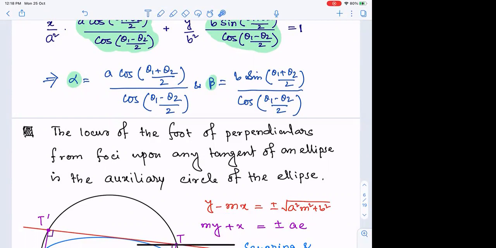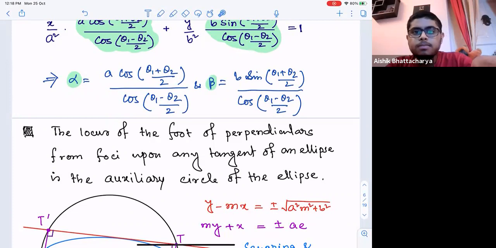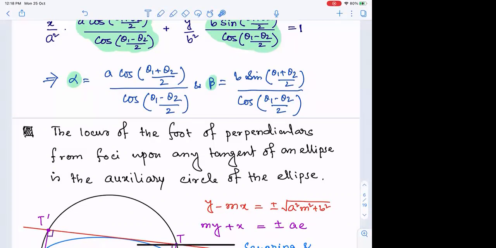Whenever we have them, what should we do? Sir, we square them. Yes, the most tentative change that we usually perform to get rid of them, because neither do we like plus minus nor square root. So we want our calculation free from them, and the easiest operation which can help us get rid of them is squaring. So definitely squaring both equations will let us escape from such appearances. Now the question is, after squaring, what should we do? Should I go for addition, subtraction, multiplication, division?